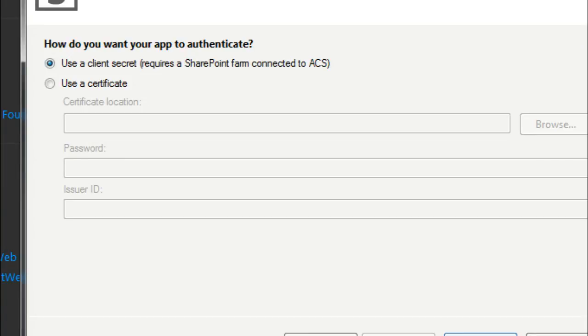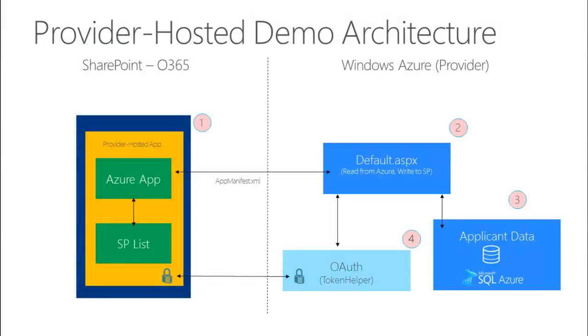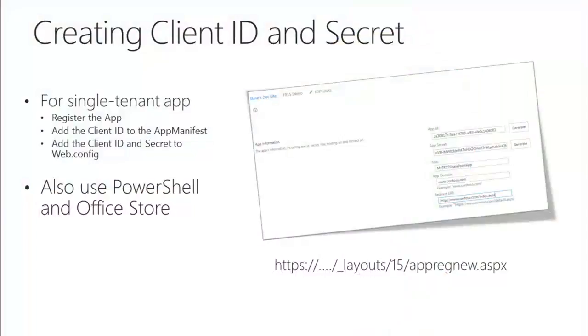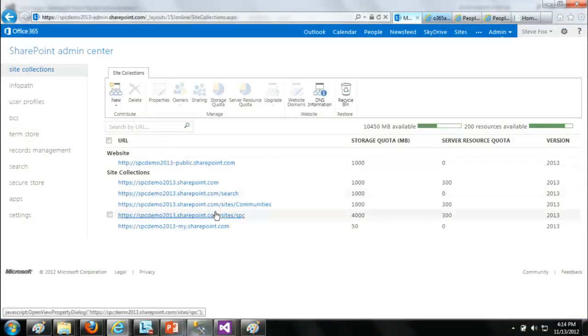Now if you're testing your own provider-hosted app, you can go through the process and very simply create a certificate. The way in which you do this, if we go back to our slides for just a second, I'll show you at the other side of this demo that you can use this appreg.new.aspx. Has anybody used this page yet? This is basically, if we go back into our SharePoint site, this allows me to create, let's go here into